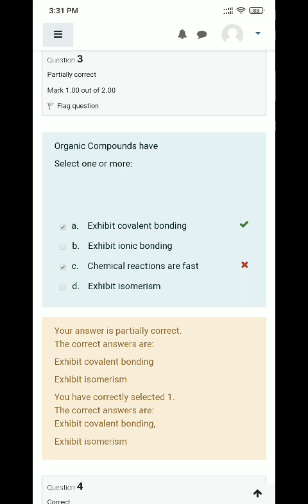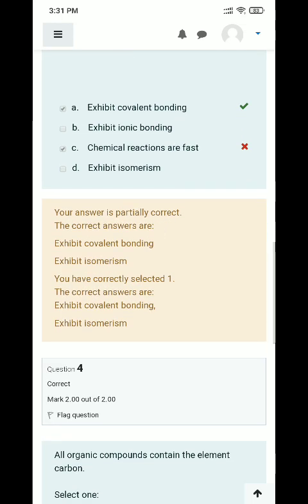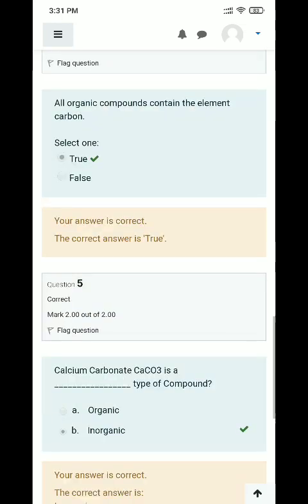The correct answers are exhibit covalent bonding and exhibit isomerism. Here I selected exhibit covalent bonding, which is correct, and chemical reactions are fast, which is an incorrect option. So I got 1 mark less.